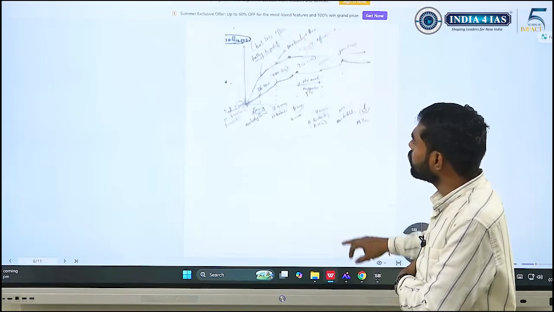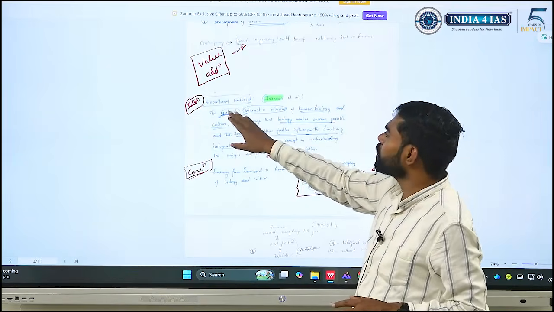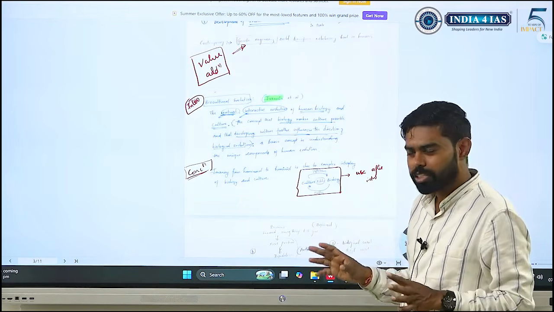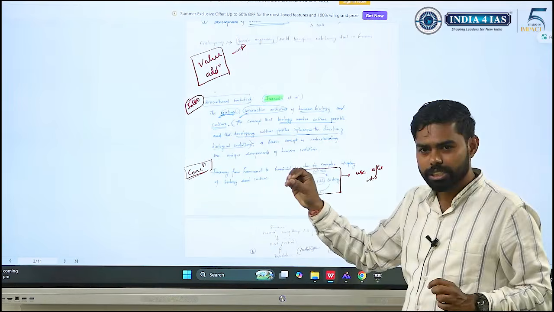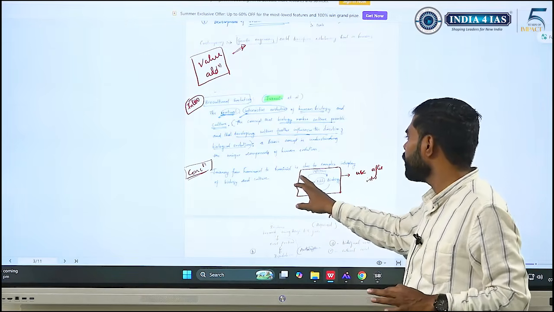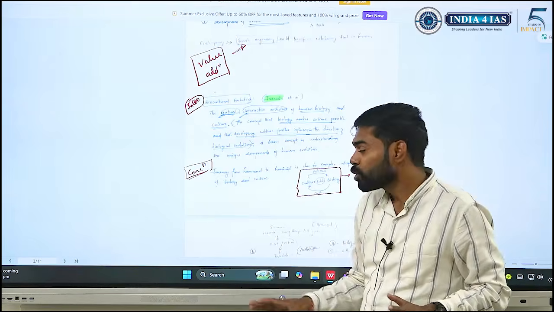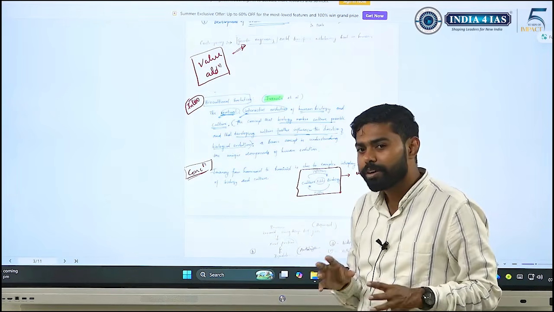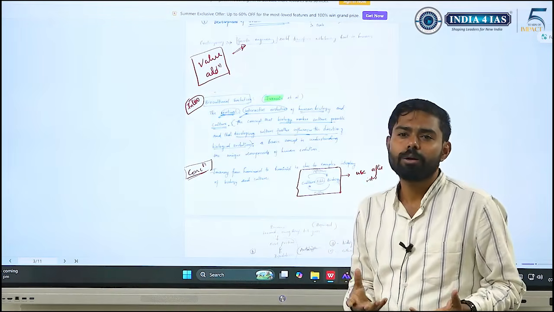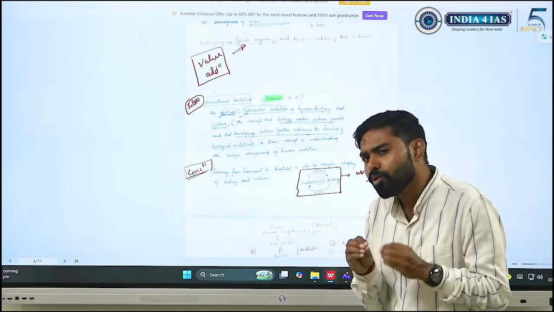Yes, biocultural evolution. There was a definition given by Juryman about biocultural evolution. So this is the definition, you can just go through. And I have a strong conclusion. Journey from hominoid to hominid is due to complex interplay of biology and culture. See how I'm trying to phrase the conclusion with depth, rather than simply saying that human evolution is the outcome of interplay of biology and culture. No, I'm bringing some nuance there.